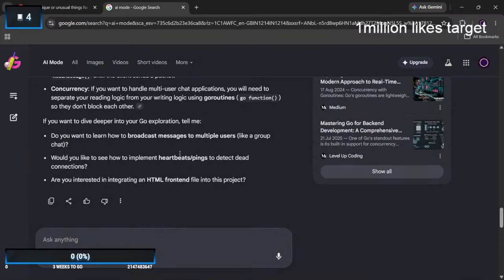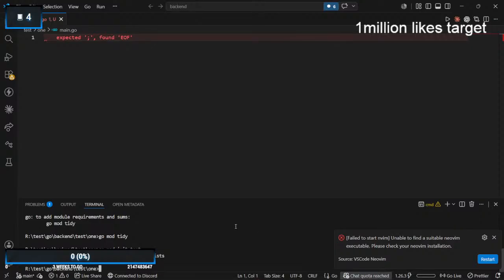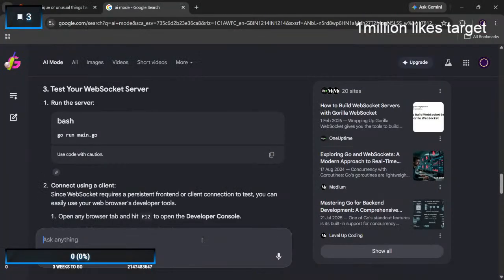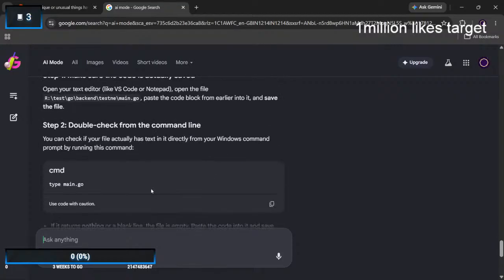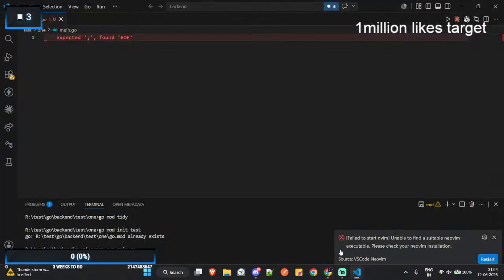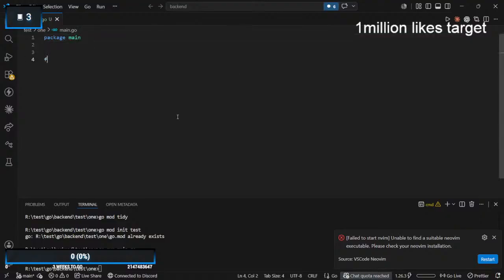Yes, it contains everything. Ah, I know. I see. So I just need to do this, so it will download all the recommended package for the Go thing, I guess. There we go. Expected. What the fuck? It says this thing. What the hell? How do I do this? Do I need to put Go mod or something? Do you mean I have to do package main? Not package main, function main. After that, I need to download that thing now. Since we have this thing now, will it work?